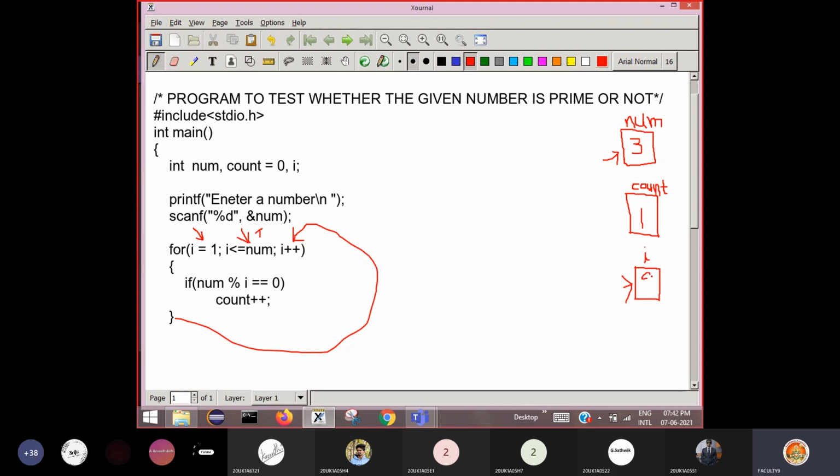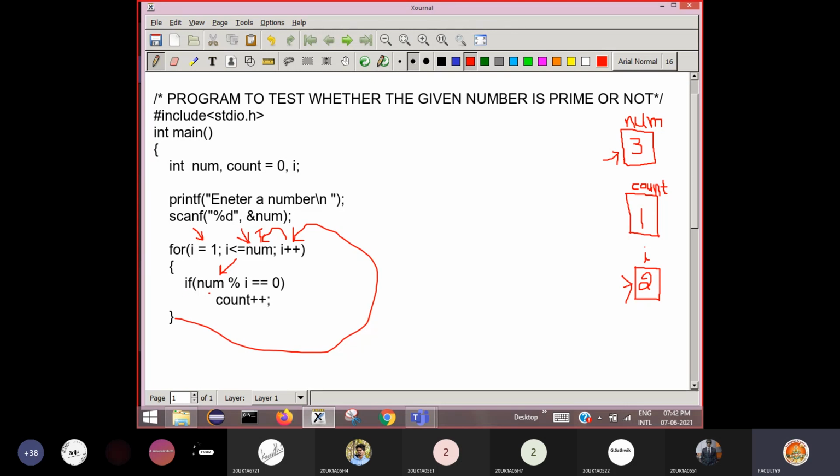Now I value is 2. After the increment, control goes back to condition testing. Is 2 less than or equal to 3? Yes, true. So it enters the loop.